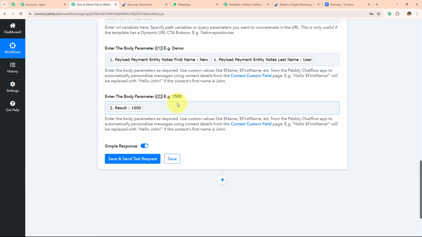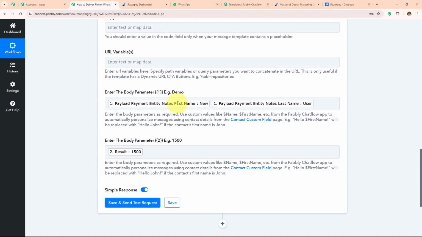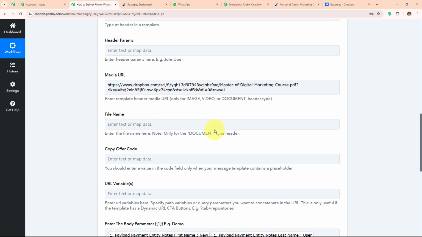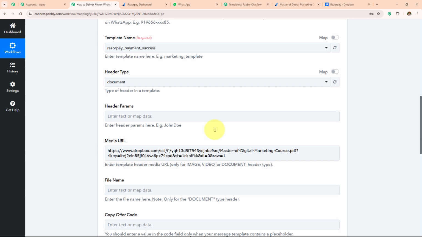Now over here mapping is important so that every time you receive a new response, it is taken into consideration in this field. Manually entering the data will make this field static, and the information will not change even if you have received the new response. Over here, if I manually enter any detail, this field will become static, and every time I receive a new response, the result will not change. So as to keep this field dynamic, we use this process mapping instead of manually entering the details.